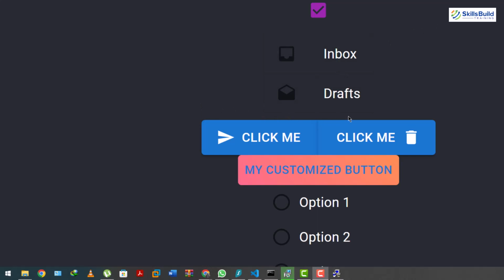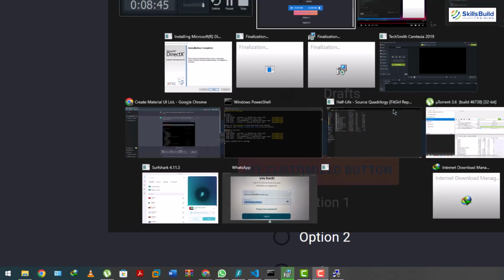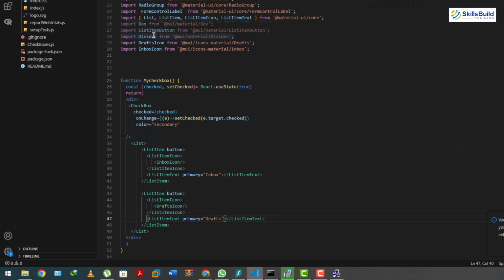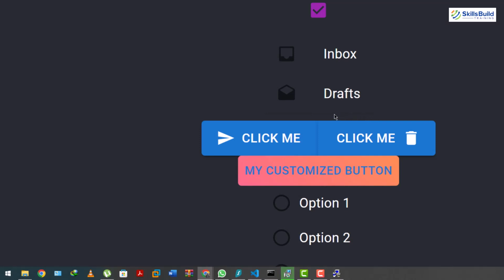Okay, what if I want to have a separation between my list items and my buttons? For that purpose, we can use a property that is available in our Material UI. If you see here, we have imported divider in here. So I'll simply call it in here. I'll just hit enter and call divider. Let's just close this one and save it. And now here you see we have a small line that is dividing these two sections